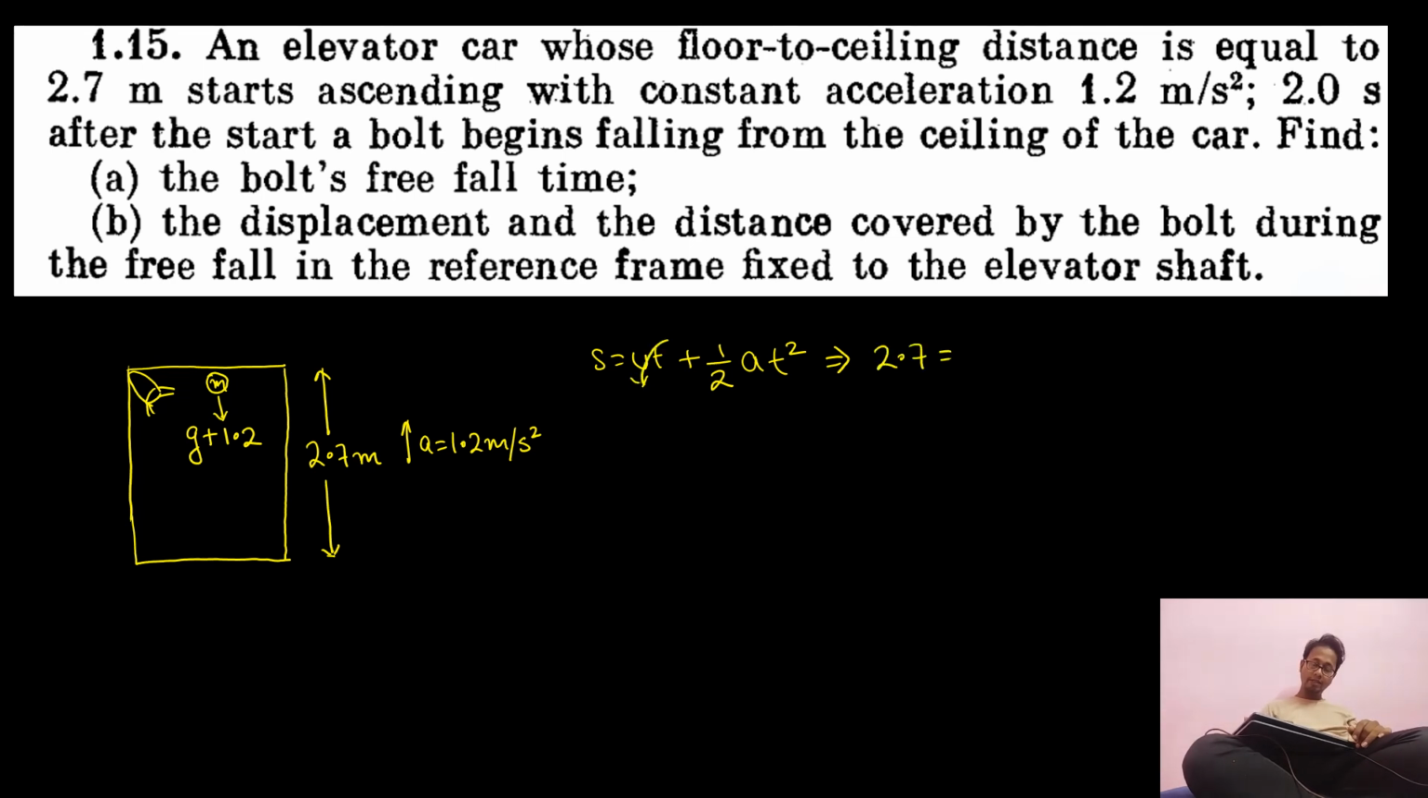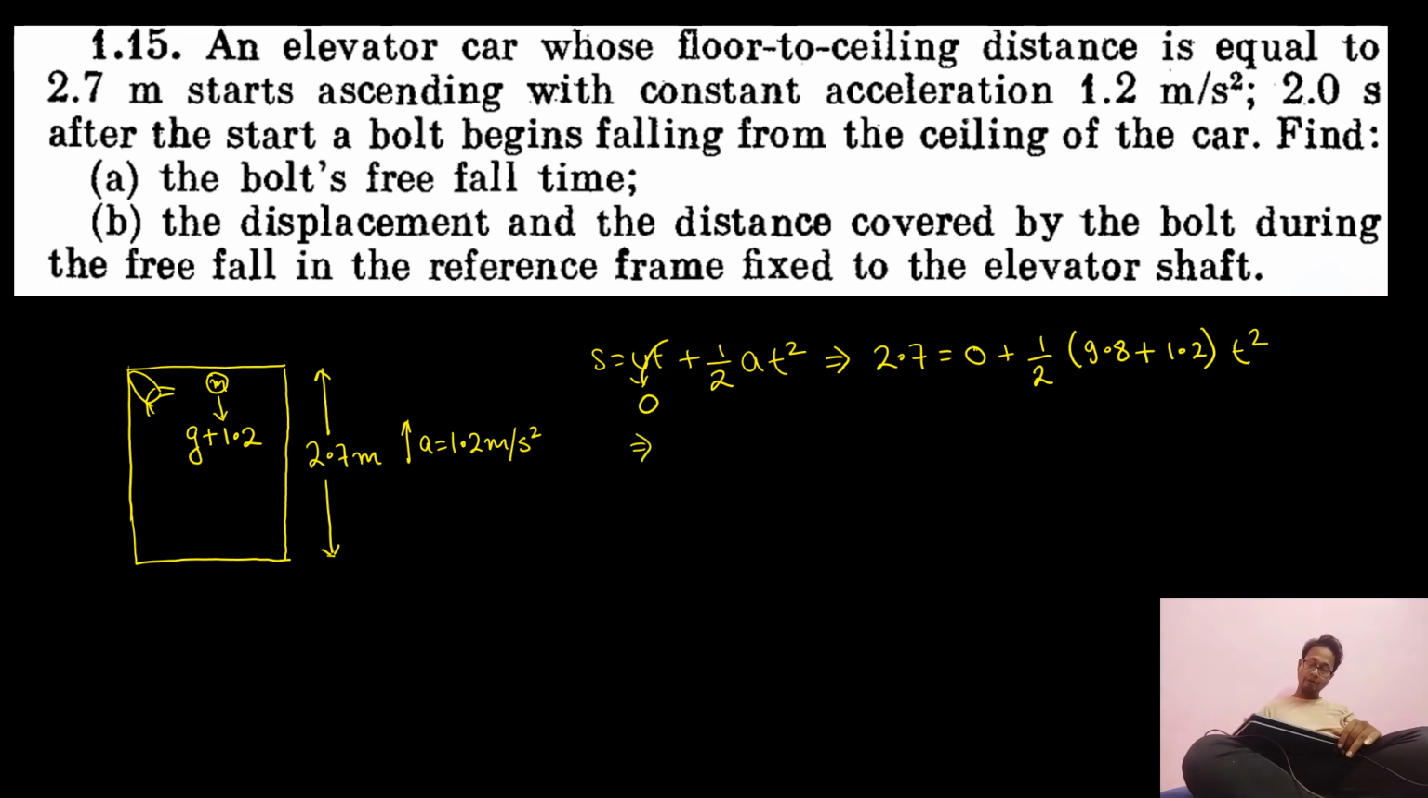u is nothing but 0. Why? Because from the frame of reference, this bolt has just started dropping, no? So S is equal to 0 plus half a. What's the value of a? 9.8 plus 1.2. 9.8 is the value of acceleration due to gravity, and 1.2 is the pseudo acceleration, into t